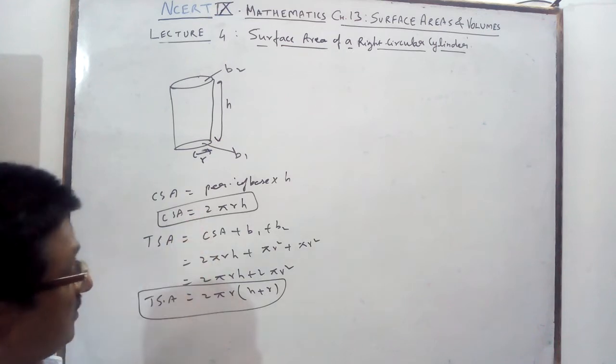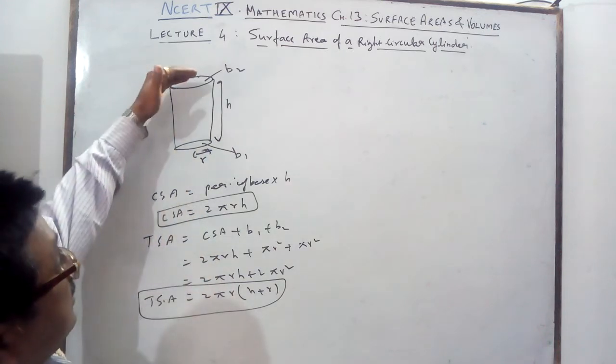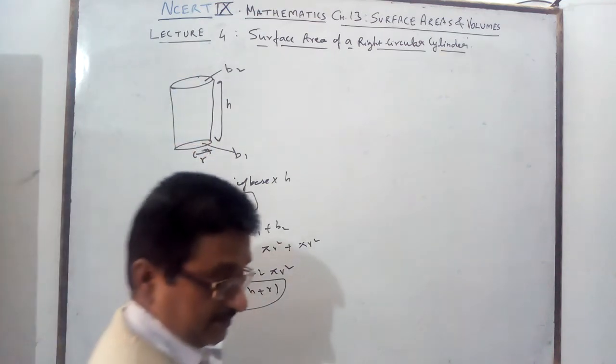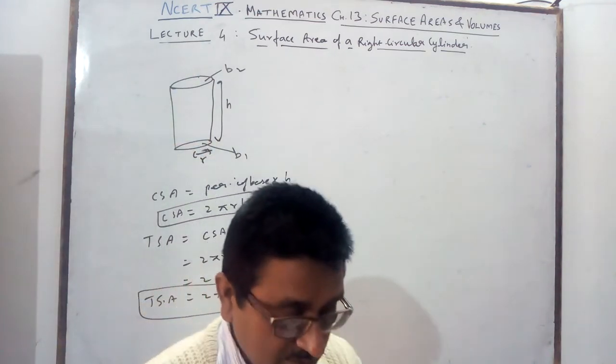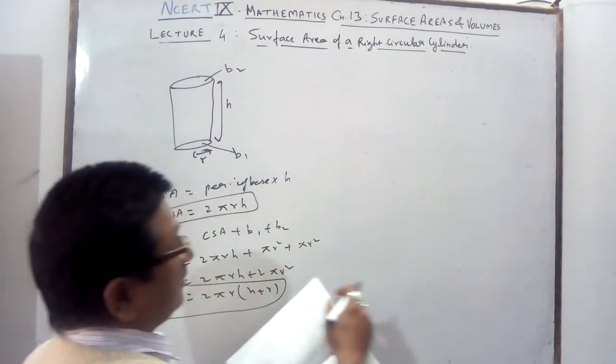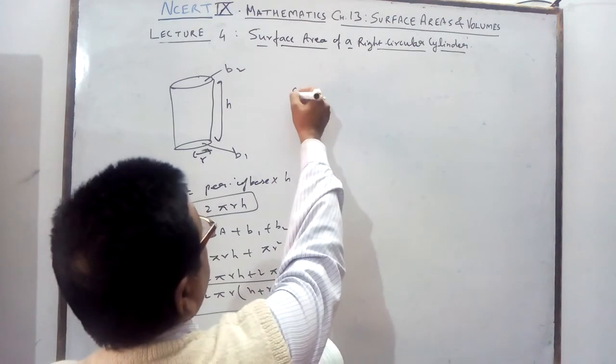Total surface area of a cylinder is this. Curved surface area of a cylinder is this. But now the condition is dependent: it may be open from the top, or it is a pipe, open on both sides. So like this we will do the questions. Some examples you see. Example number 3 of the book is given.